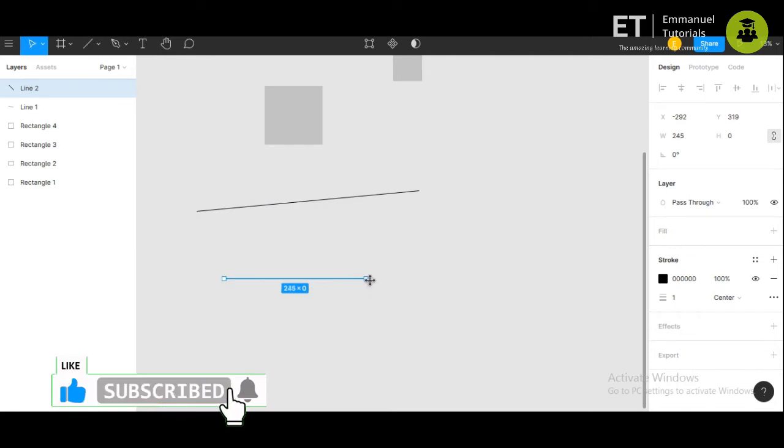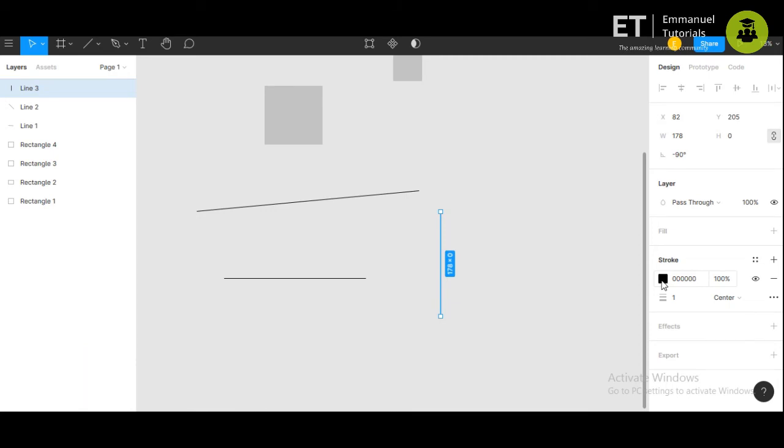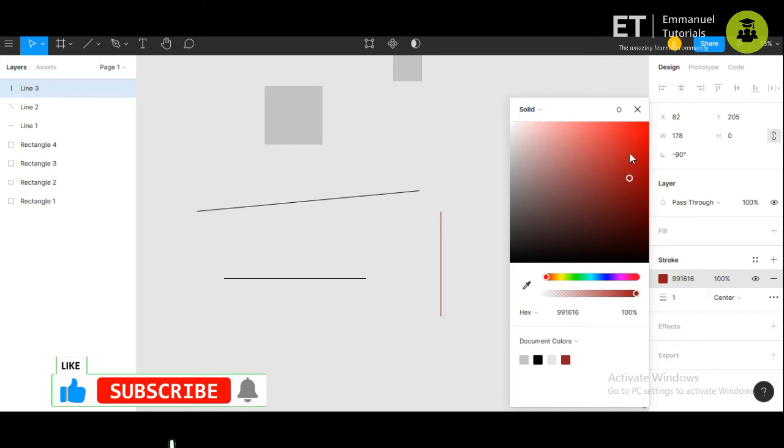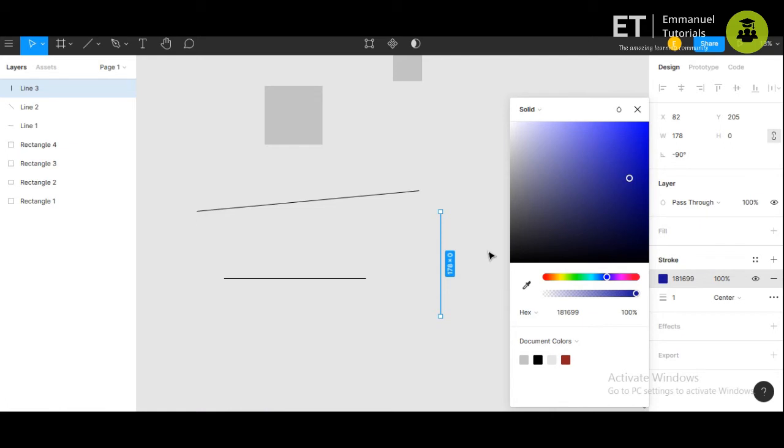So you get a straight line. If you want a vertical line, you will drag the cursor in that direction. Similarly, here too you can change the color by changing the stroke value. So here we can keep it blue or any other color you want.